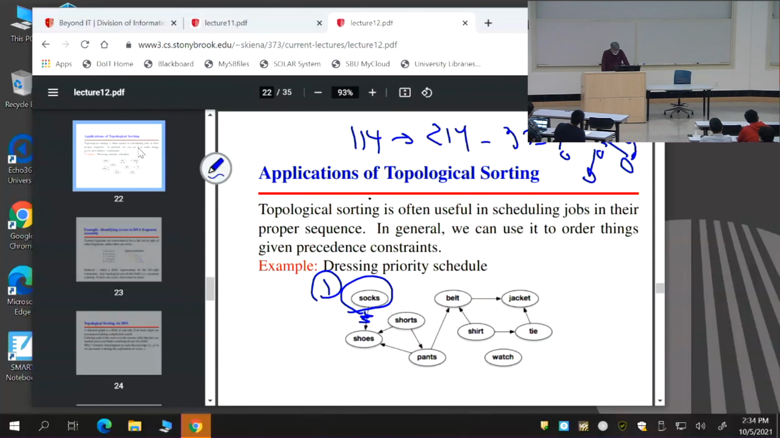Now any vertex that is in-degree 0, what vertices here are in-degree 0? Can anyone give me a vertex that's right now got in-degree 0? Someone with a voice. What? Watch. I could do the watch. Okay. Is there anything else of in-degree 0? Yeah? Shorts? Let me delete that and delete